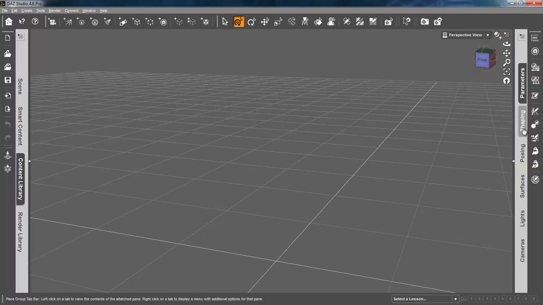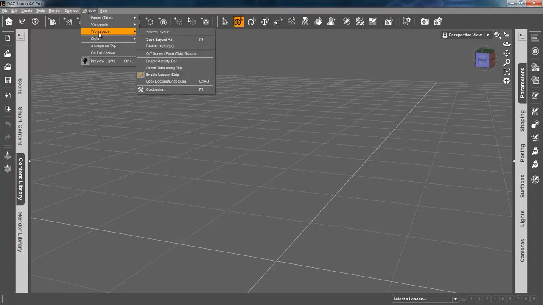and you got menus there. This is shaping, posing, and as you can see, it doesn't have an activity bar at the top. So all your tools are going to be in here, right here, where you don't have to switch many panes or tabs. Last one we'll look at